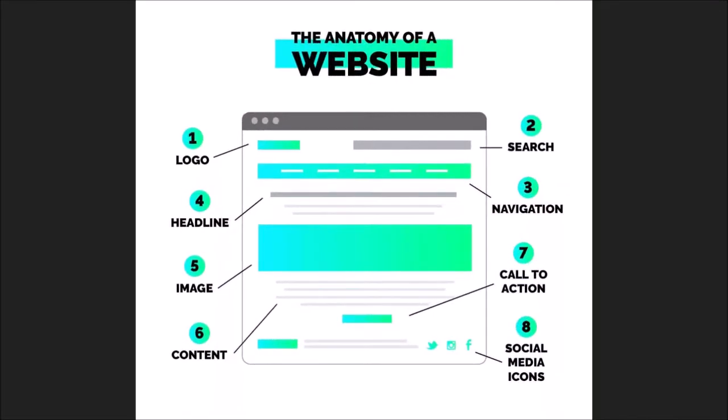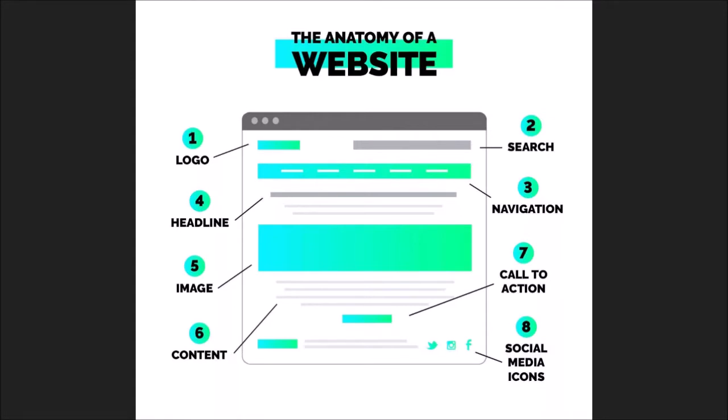Today's topic is web design. We are going to discuss how to design web pages and how to review a web page and see what are the good and the bad points of web pages. For instance, if you look in Google, if you search for anatomy of a web page, both in Spanish or in English, you're going to find lots of websites talking about the topic.